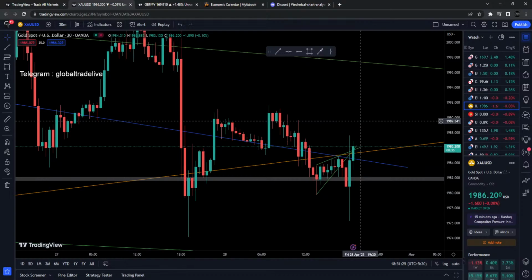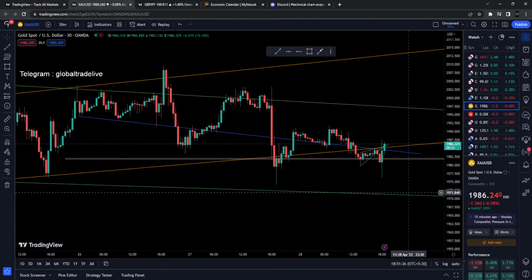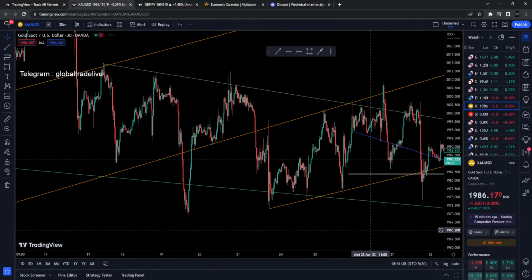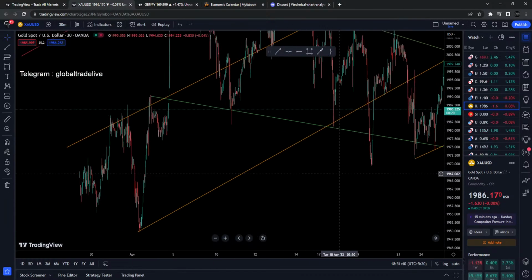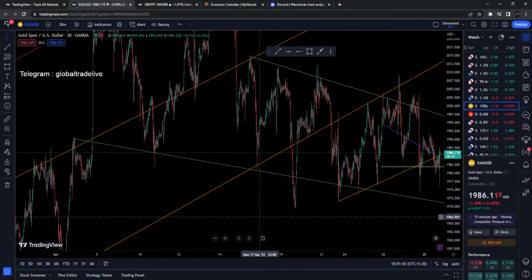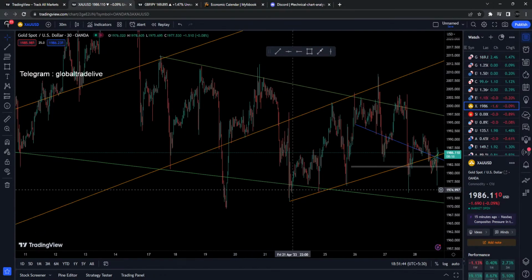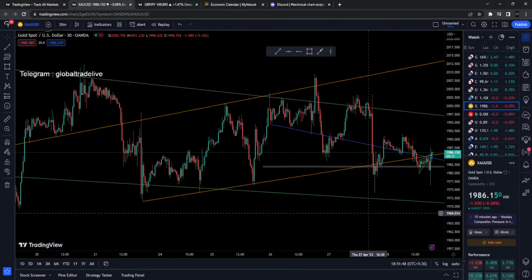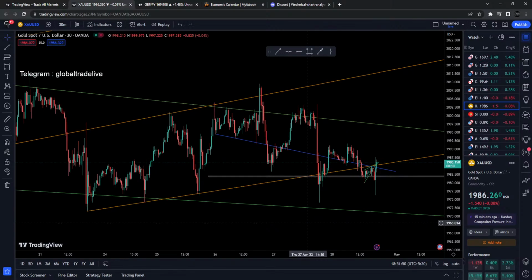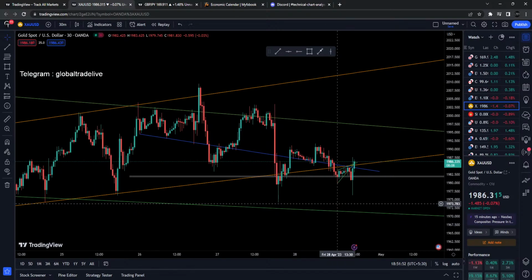Whenever I need to teach myself or learn something, I just open the graphs and look at the market, at what's actually happening and why it's happening. If the market is coming down from here to here, why is that happening? To get more clarity, I use some tools, and those tools are trend lines and support and resistance levels.